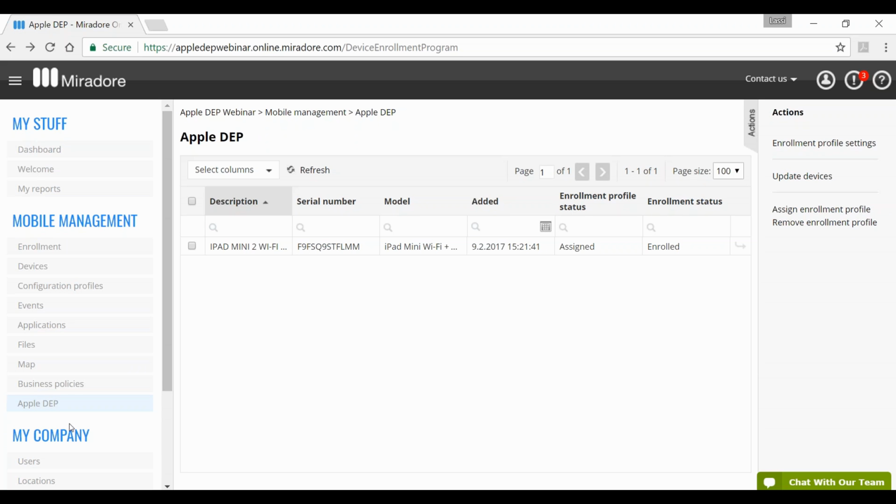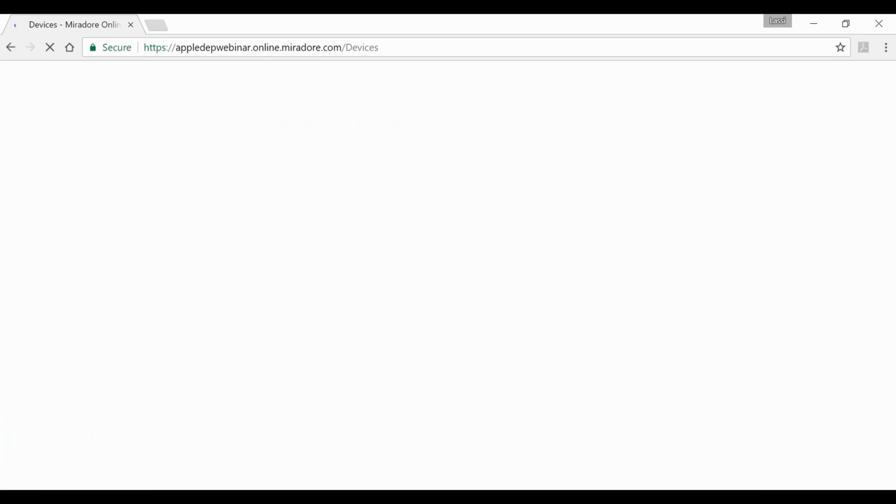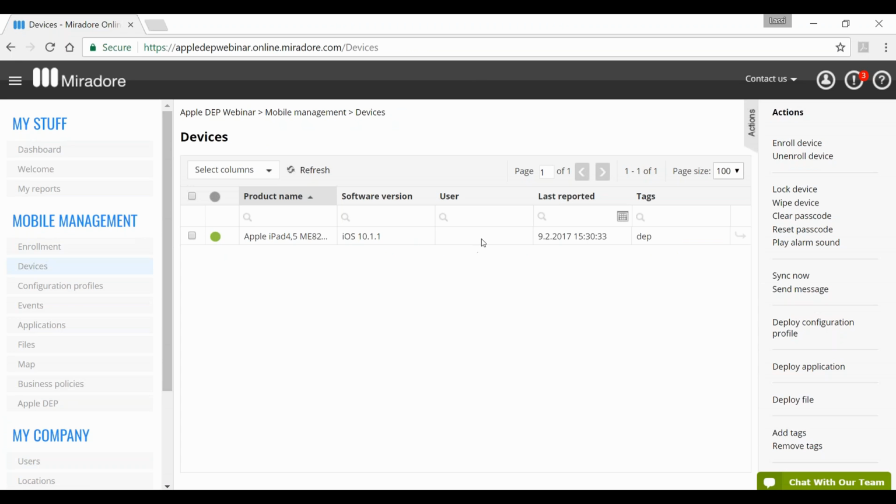If you just want to unenroll the device, you can do it for example here. Select the device and then click unenroll. This will drop it away from the MDM management through Mirador Online, but it keeps it still as part of your DEP. So it's listed under the DEP, so you can, for example, re-enroll it through the DEP.